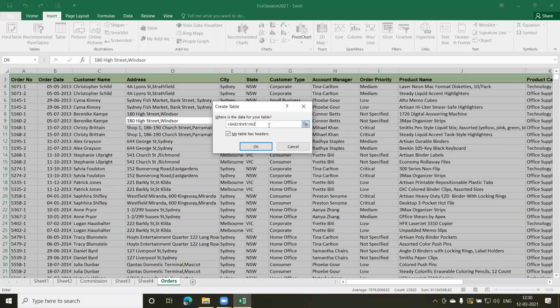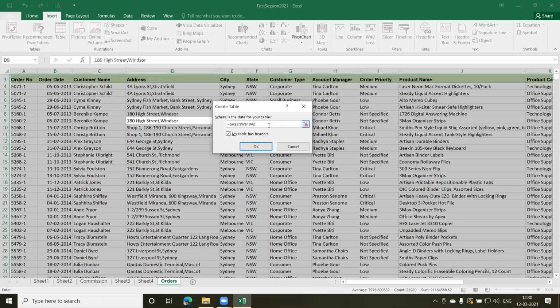You can also observe there are some $ signs in those references. Below that you have a checkbox which says My table has headers. This is a very interesting option, especially when you're creating your data. Many of you will just type in the data and forget to put the column heading.